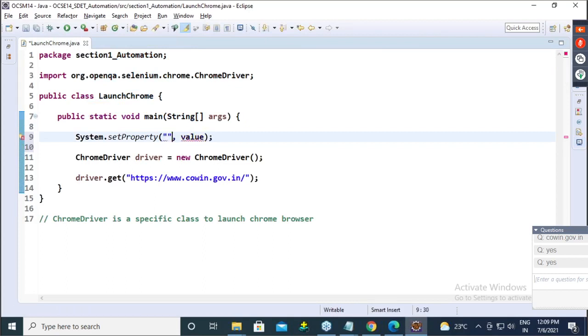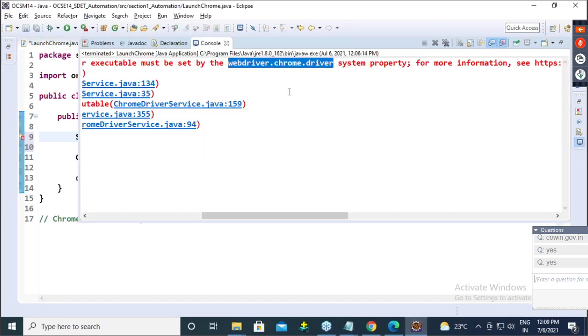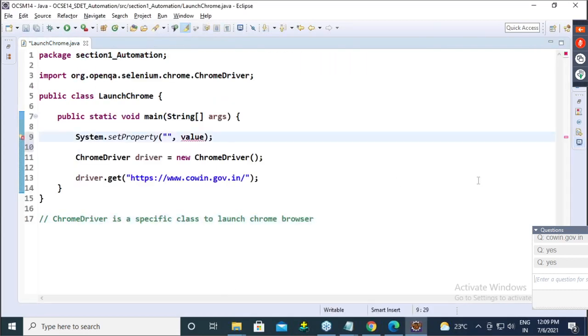So here, paste it. Hey, not copied. So copy, paste. webdriver.chrome.driver. This is the key.